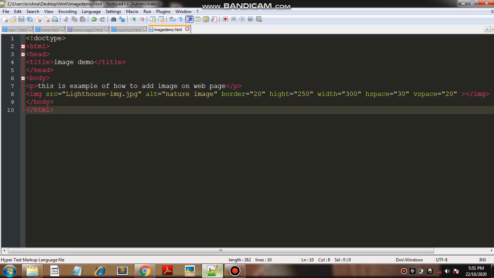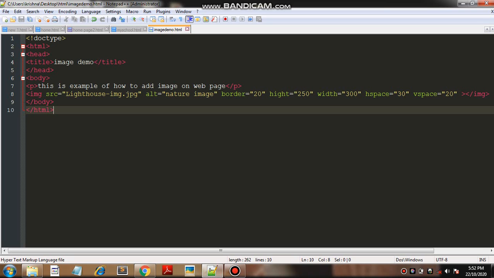Next, alignment of your image. Alignment is an attribute used to align the given image within the page or any element that contains the image. There are mainly various types of alignment available, like top, middle, bottom, left, right. If we want our image on the right side of our web page, then we use the alignment attribute.